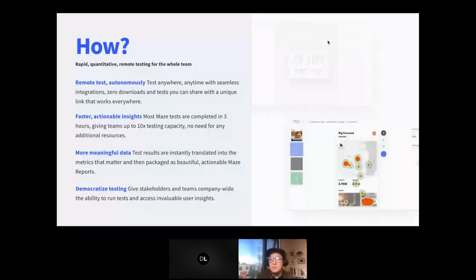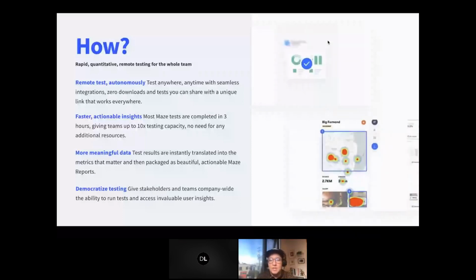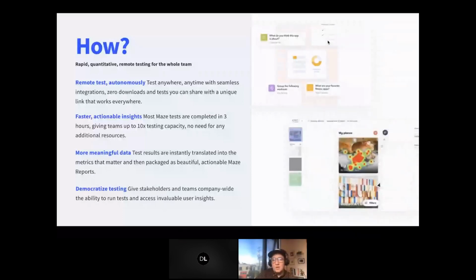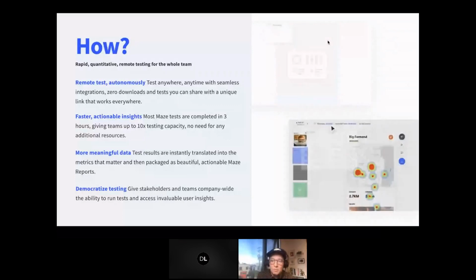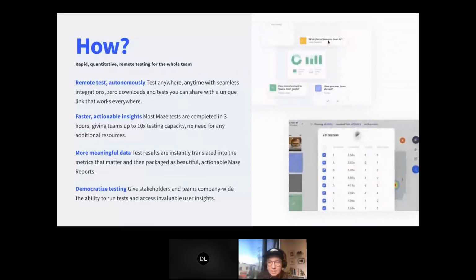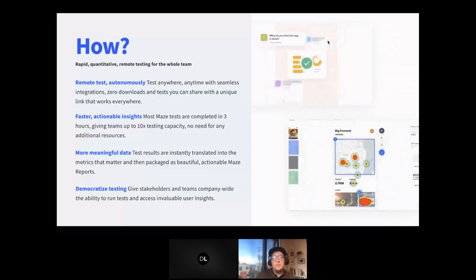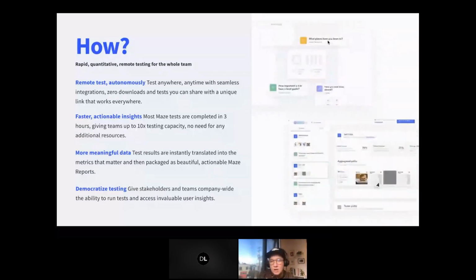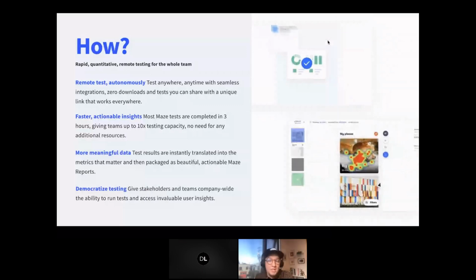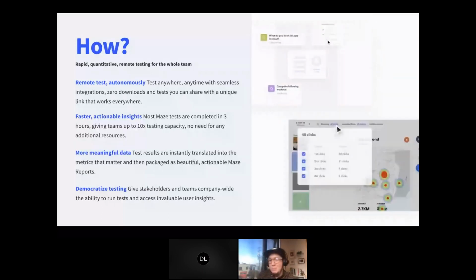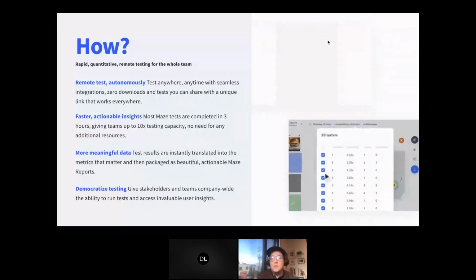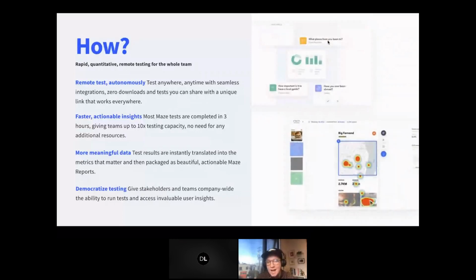So that brings us into those actionable insights, where we're able to see not only the maximum of data insights garnered out of the product because we're able to test with more users, but we're able to do that in a much faster environment. So what would have potentially taken 3 weeks to a month minimum is now able to be accomplished in hours.